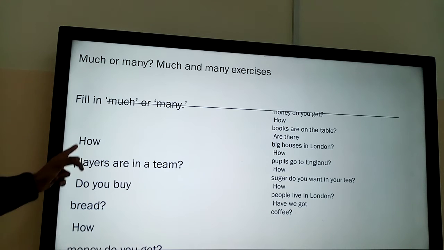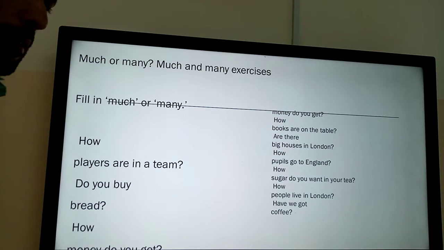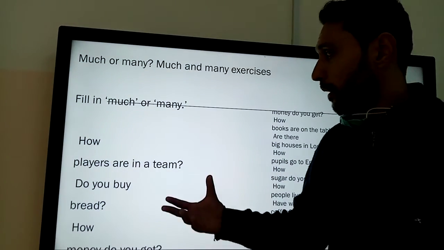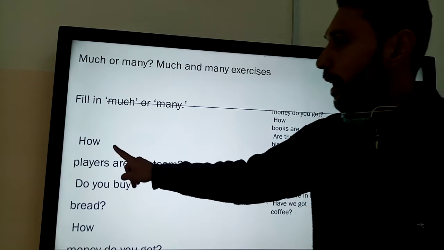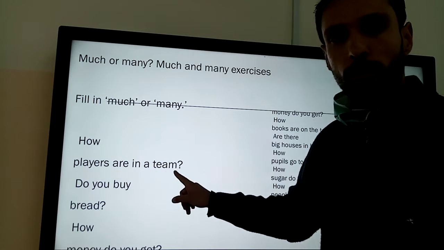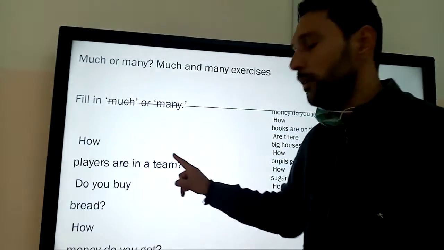If you look at these examples, we need to make a sentence that we can understand. Can I say how much players are in a team, or how many players are in a team?